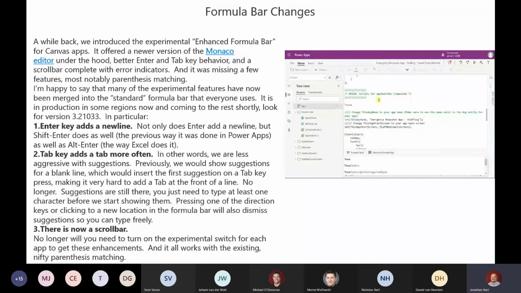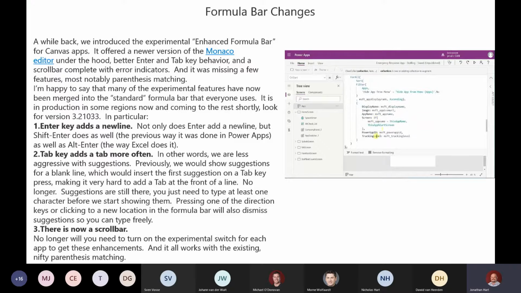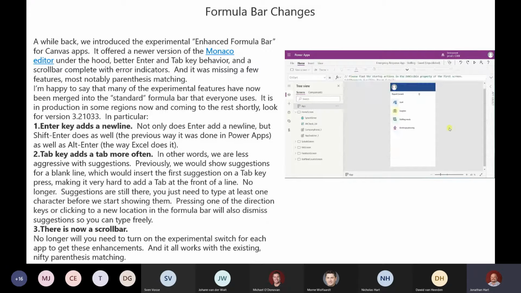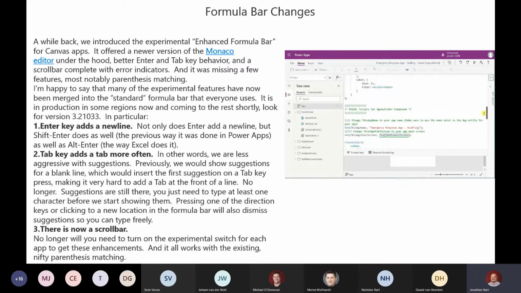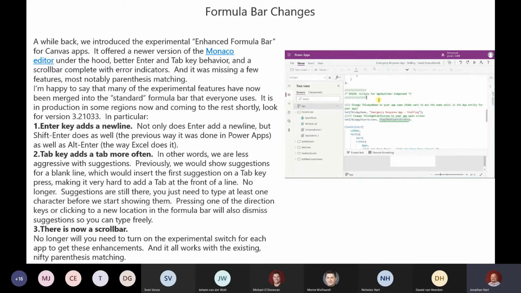The one other portion, say for example, you were busy at the beginning of a line and you wanted to add a tab space, what it would usually do is auto-complete that for you instead of adding the tab, which was quite a pain. Now, the IntelliSense in that is still there. You just need to start typing out the first couple of characters for it to push in, but it's no longer just going to drop in the first command if you're pushing the tab on its own. And there is also a scroll bar on the side just to make it a bit easier. And as I said, the experimental one is being decommissioned and it is going to be removed soon. So turn that off. You can just use the normal bar at the moment.